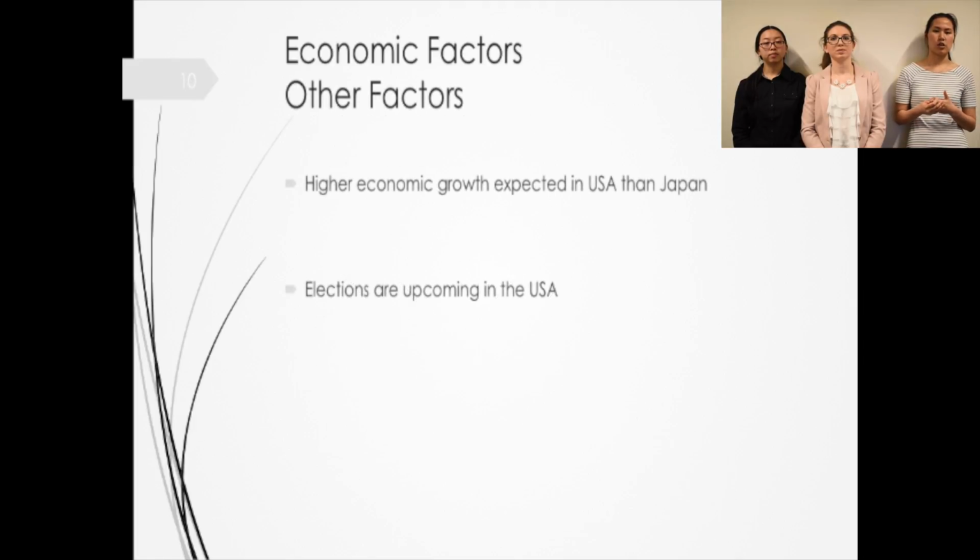Other economic factors that might affect the exchange rate is the GDP growth rate. Based on the data from the World Bank, the GDP growth rate for the US is 2.43% in 2015, while the growth rate for Japan is 0.2%. This shows that the United States will have a higher economic growth rate than Japan, and it probably will affect the